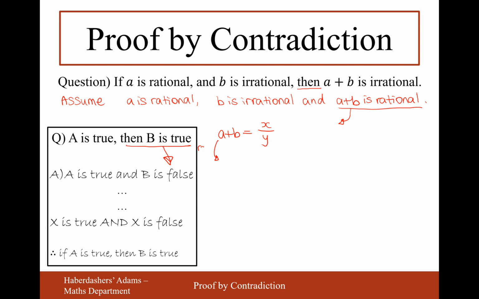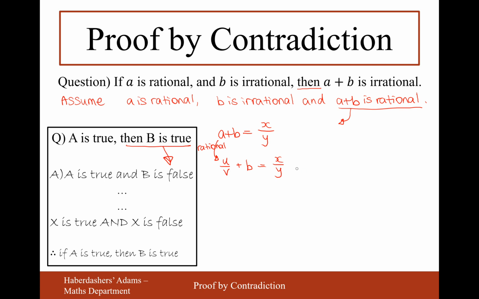So this is rational, so that can be represented as a fraction. A plus B is rational, so therefore that can be represented as a fraction. So let's call A u over v. Now B here is not being represented as a fraction because it's irrational,